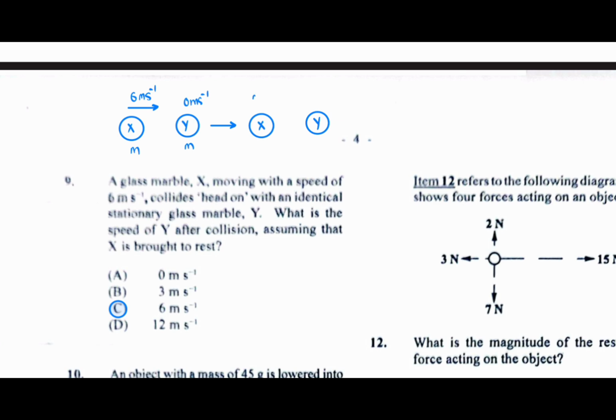After the collision, marble X is now at 0 meters per second. The mass remains the same. For marble Y now, we want to find its velocity after. So we don't know what that is. So V is equal to unknown. And remember that the mass is the same, so M. So the momentum before, remember momentum is mass by velocity. And so for X before, it's going to be M by 6 plus M by 0. So that represents before. And that is going to be equal to M by 0